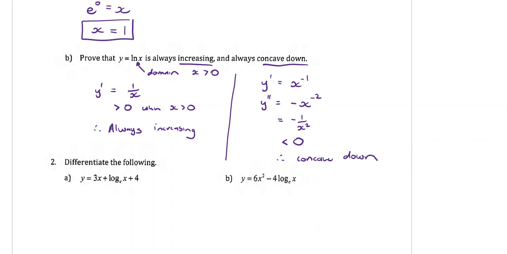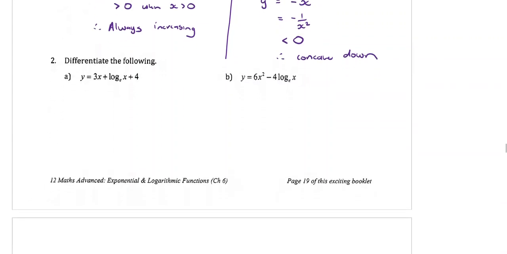Question 2 is some differentiating practice. Differentiate the following. y equals 3x plus log e of x plus 4. So y dash, one term at a time. The derivative of 3x is 3, plus